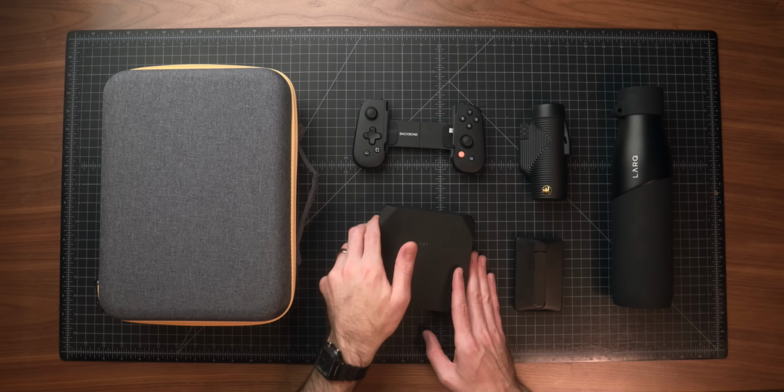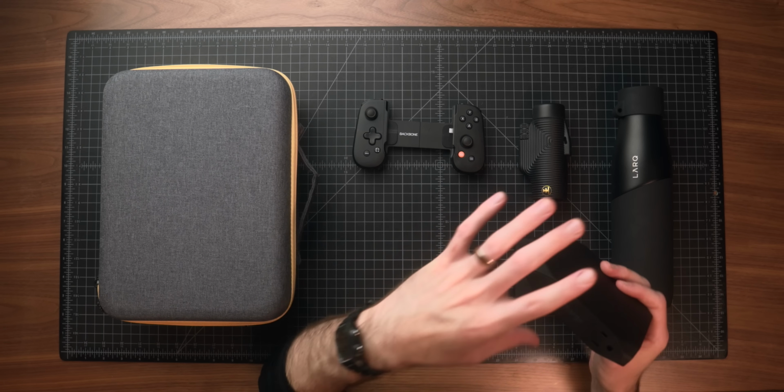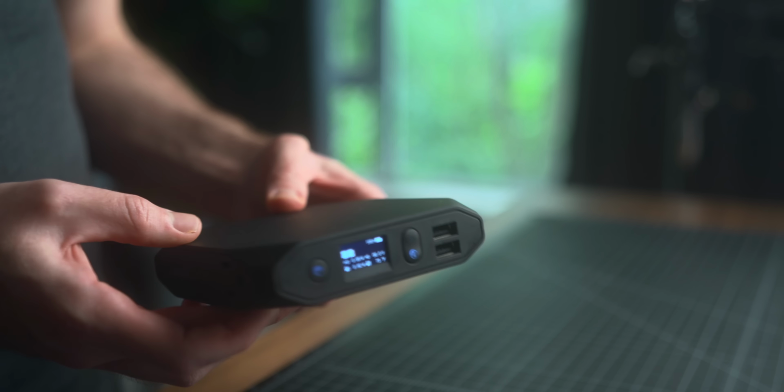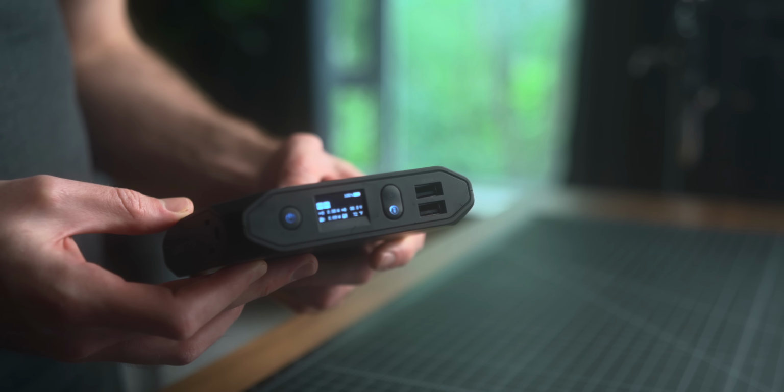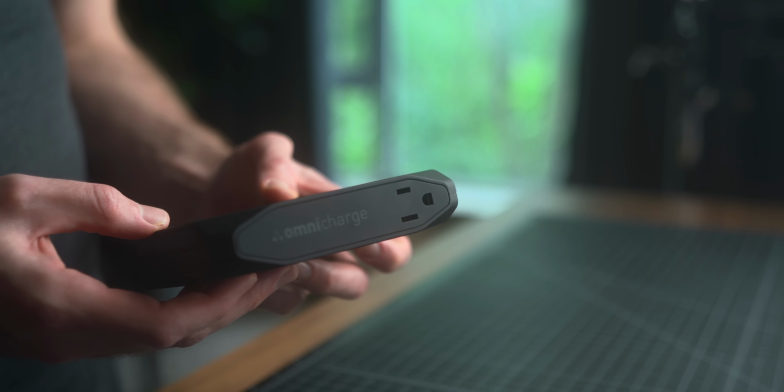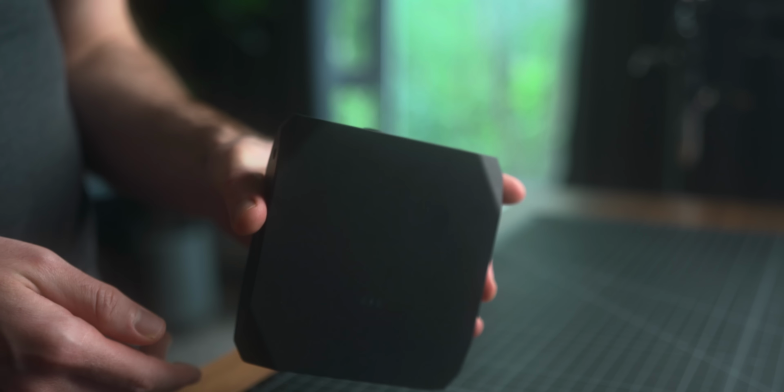Next up, we've got another unique power solution for traveling. That is the OmniCharge 20 Plus power bank. This is a 20,000 milliamp hour battery that has just an absurd amount of connectivity. If you're someone that does a lot of work in coffee shops, if you're a digital nomad, or if you're just a tech enthusiast and tend to bring a lot with you on your travels, this is a really good